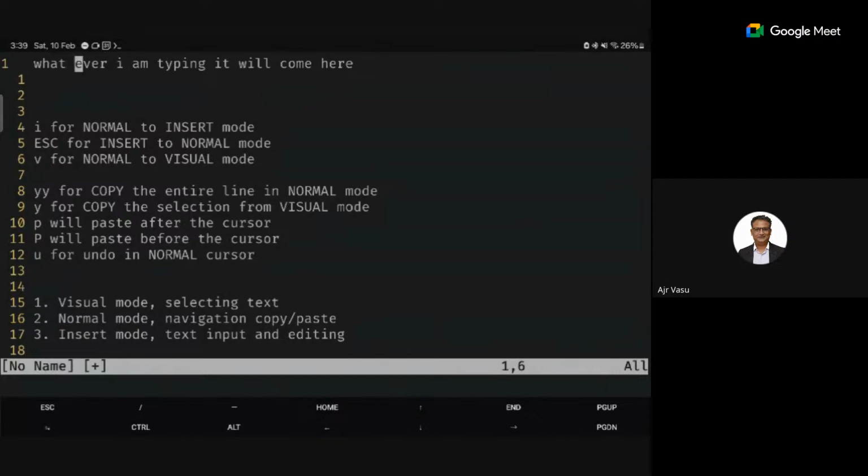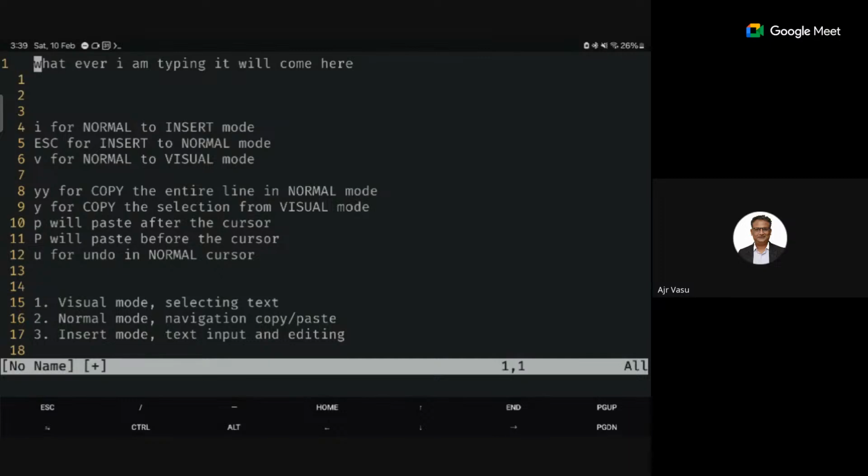Suppose you go to W and Shift P. Yeah. So immediately if I want to go to the beginning of the line, you have to use 0. I directly jump to the beginning of the line. Okay.